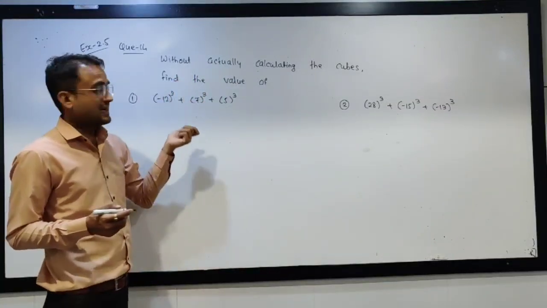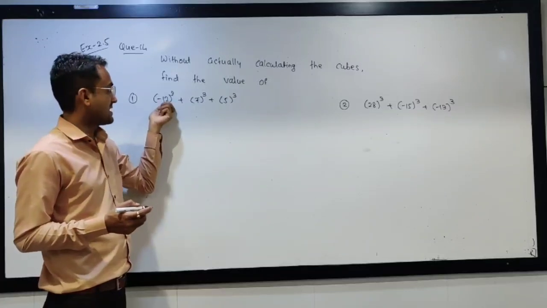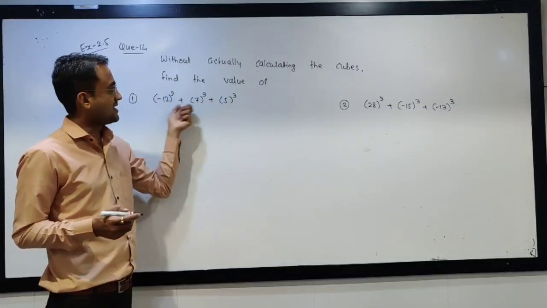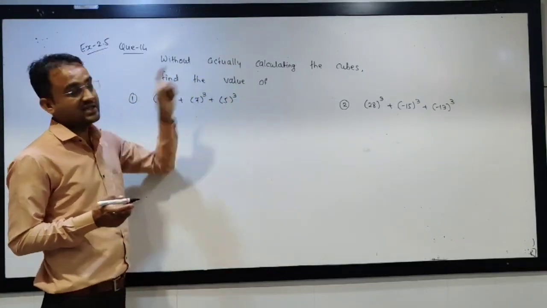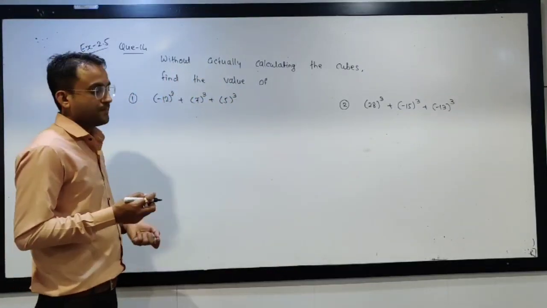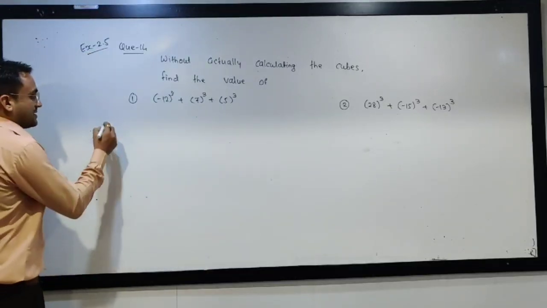See, we can directly get the answer by taking the cube of each of these and adding all three. But here, what to do without doing the cubes? Then what to do? So we know that